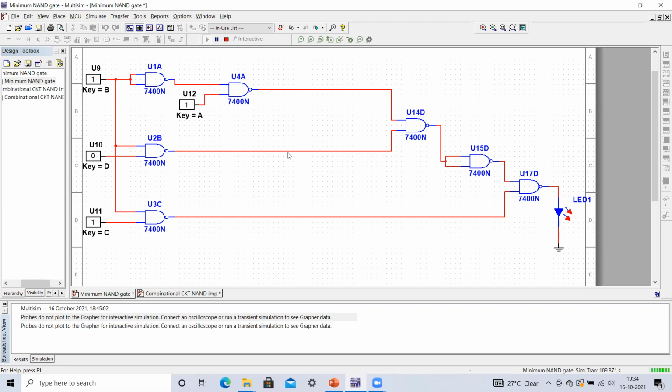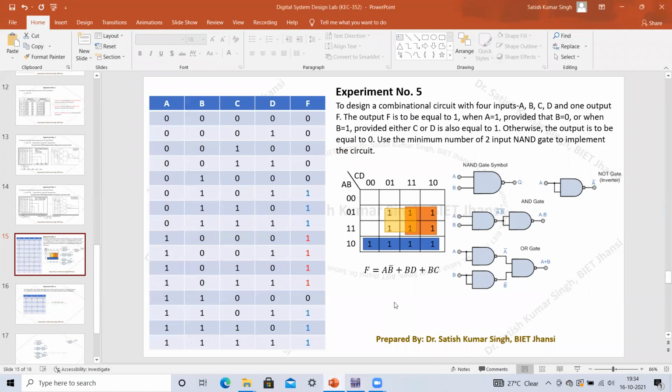So I request all the viewers, as we have implemented this particular function, you can also try another combinational circuit based on a given statement.